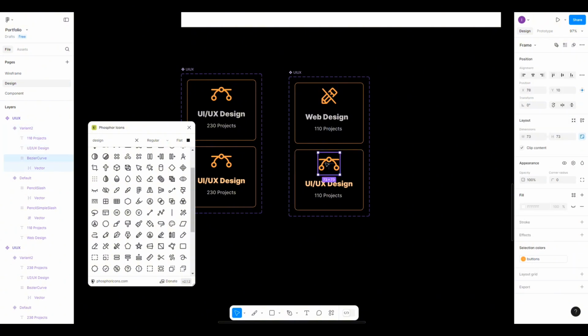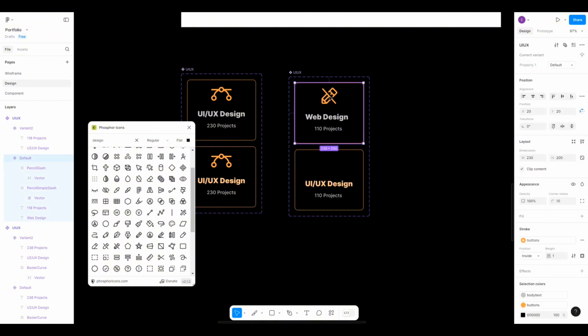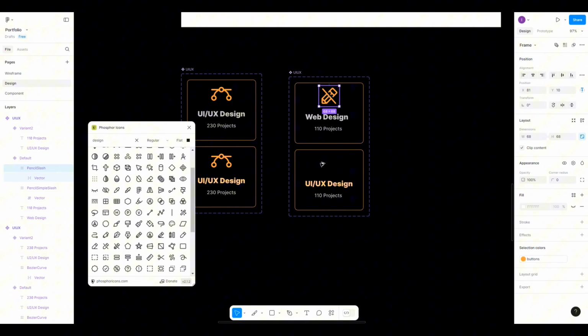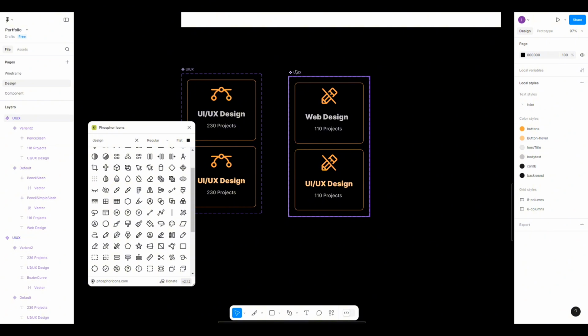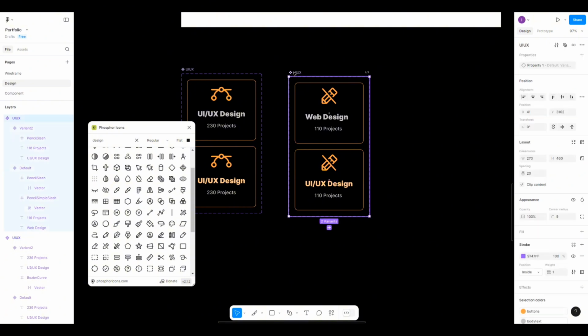Delete the variant state and duplicate it, bring it here, align it, copy to 10 as well. Okay, so it's going to be web design. Alright,